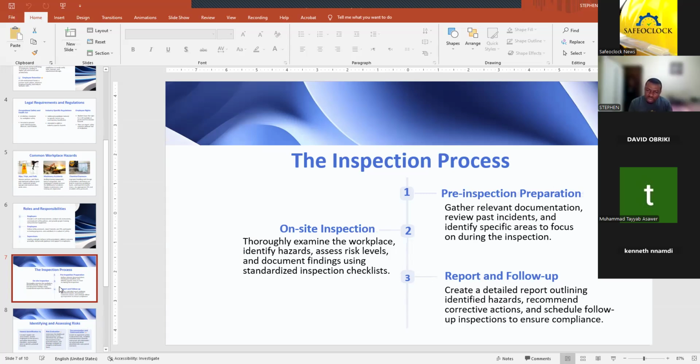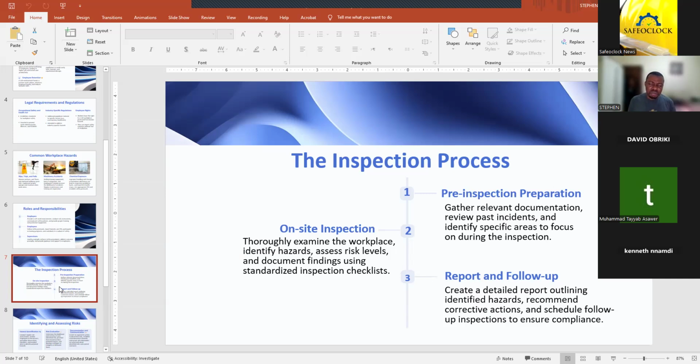You now have to schedule a follow-up inspection to ensure that people comply, even if management has done what they need to do to correct some necessary things. So are the people complying? If you do an inspection now, for example, and you feel people need to be trained because you observe that the operators are not operating the equipment properly, and one of the recommendations is training, and at the end of the day you see an operator using a mobile phone while operating the equipment, and we already made a recommendation,